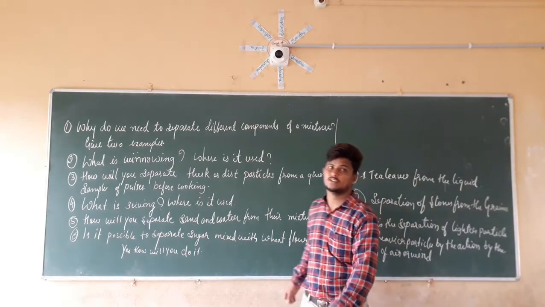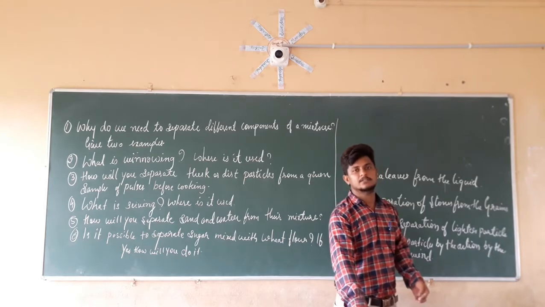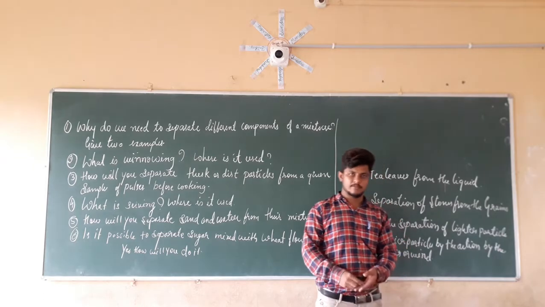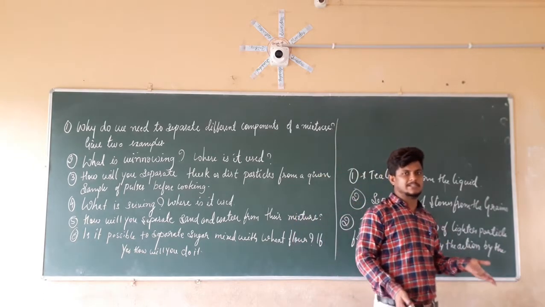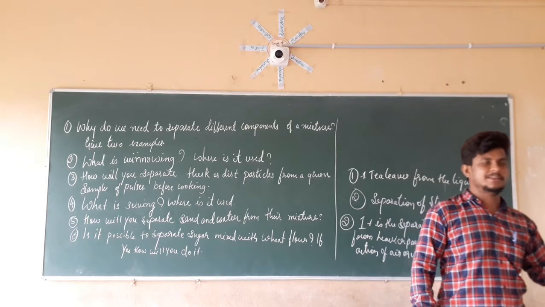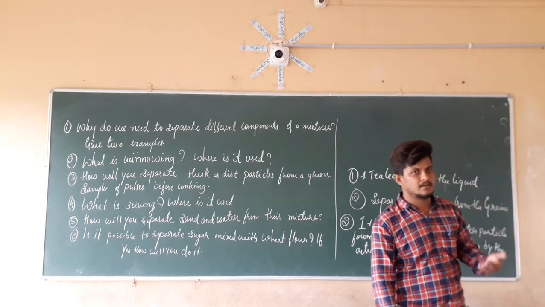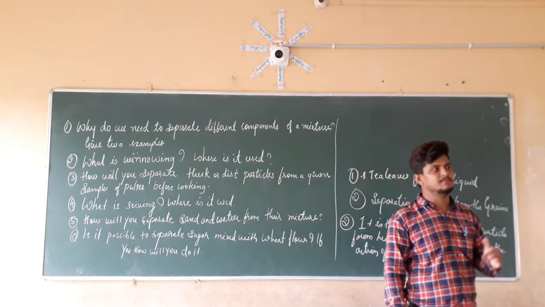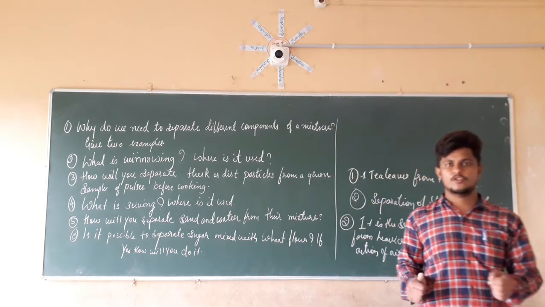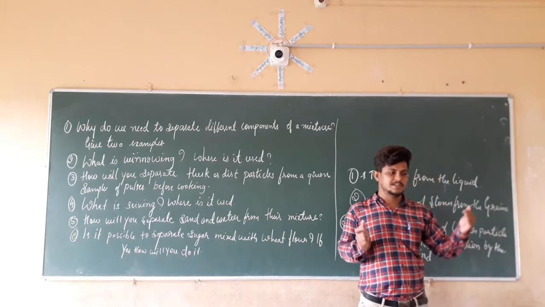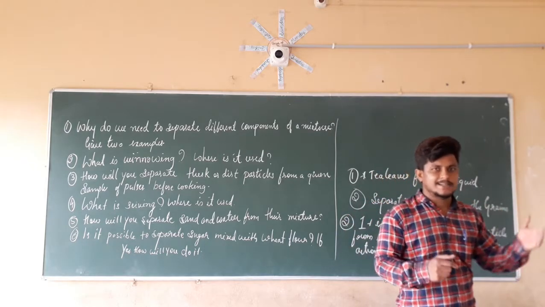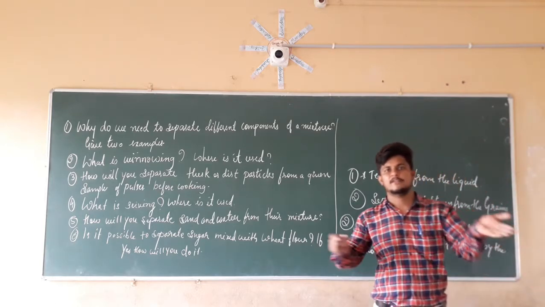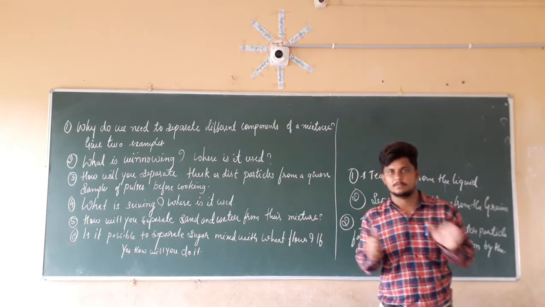So where is it used? Where are we going to use winnowing? If you remember, in the fields, farmers do this; we have seen our parents doing winnowing after the harvesting of the wheat or maize. They use a soup to take those grains and separate the lighter husk particles from the heavier grain particles. That's nothing but lighter husk particles from the heavier seed particles, which are the wheat particles.